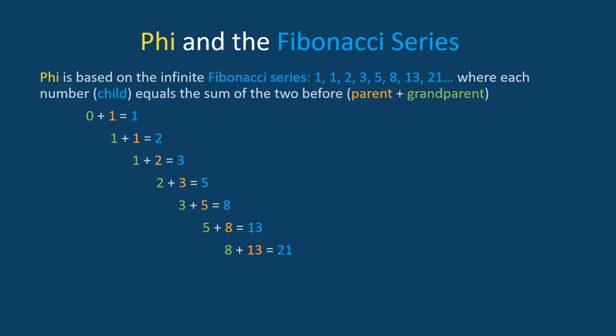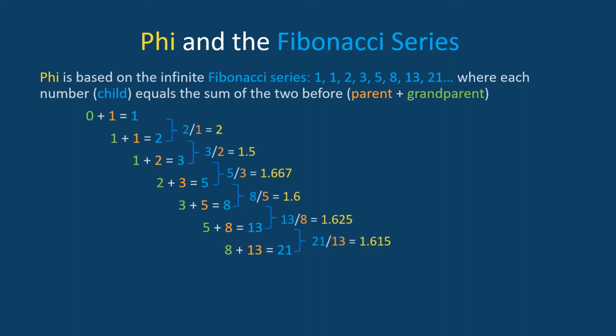So, beginning from 0 as the first whole number or parent, and 1 as its child, so to speak, the next generation is given by their sum of 0 plus 1 equals 1. Then we add that sum to the previous number of 1 to get 1 plus 1 equals 2. Next, 1 plus 2 equals 3, 2 plus 3 equals 5, 3 plus 5 equals 8, and so on. This creates an ongoing series of 1, 1, 2, 3, 5, 8, 13, 21, etc.,